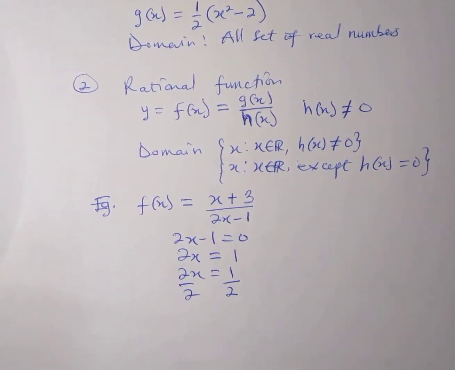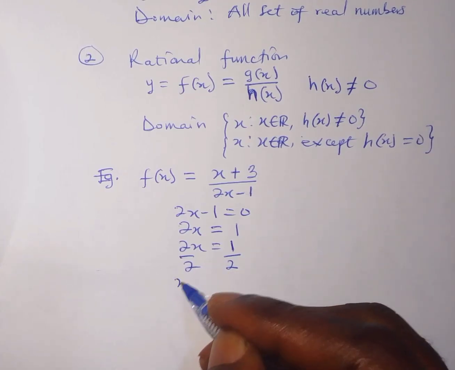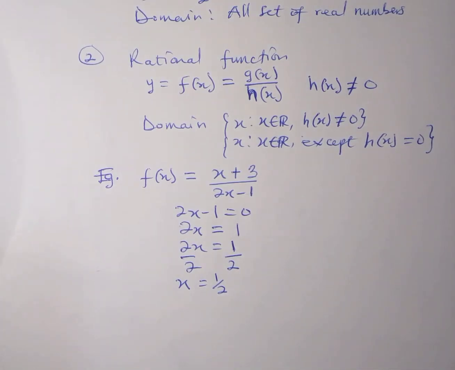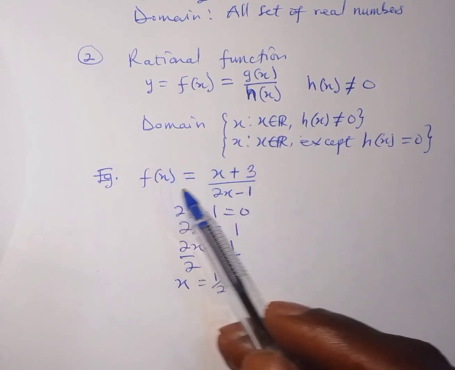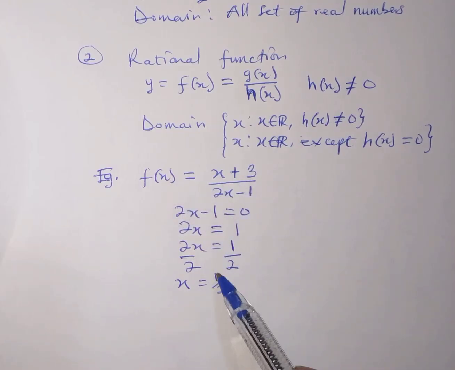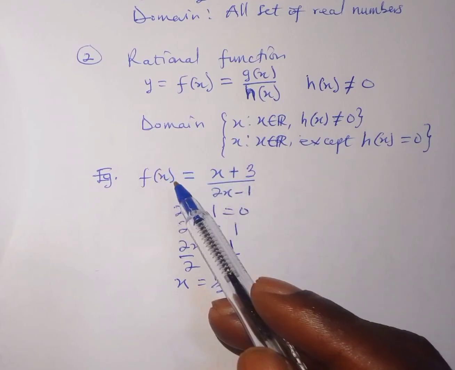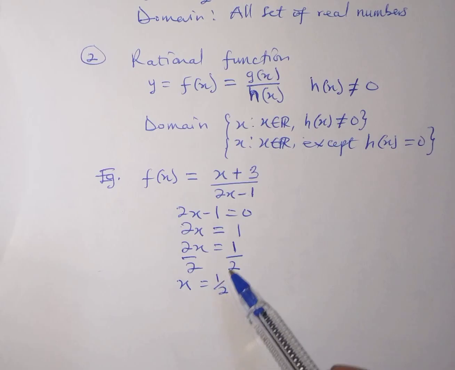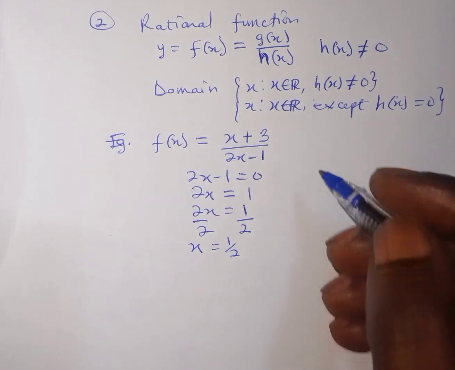Great. So I have my 2 here, then my x gives me what? Half. Okay, good. So once you have half, it means that every real number can make the function defined, except this half. When you substitute half here, you are going to get the function undefined. So the values that you are looking for are the values that will make the function undefined. So in all, you can conclude that your domain